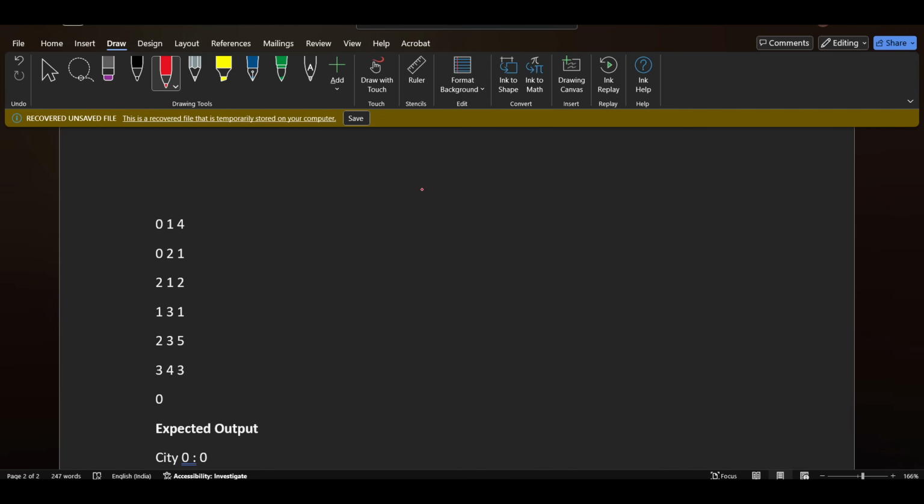So 0, 1, 4 means from 0 to 1, the traveling time is 4 hours. From 0 to 2, the traveling time is 1 hour. From 2 to 1, the traveling time is 2 hours. From 1 to 3, the traveling time is 1 hour.